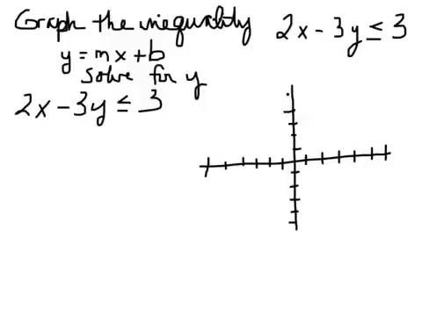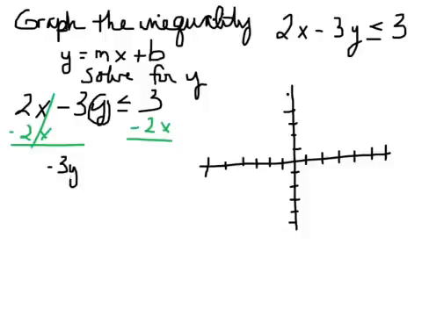Remember, on your test these things are going to be multiple choice, so you're just picking the correct graph. If I want to solve for y, I could move the 2x to the other side by subtracting it from both sides. I can always move things by adding or subtracting. I just can't split them apart by adding or subtracting. So it becomes 0 minus 3y, which is negative 3y, is less than or equal to, and when I write these, I always put the x term first,